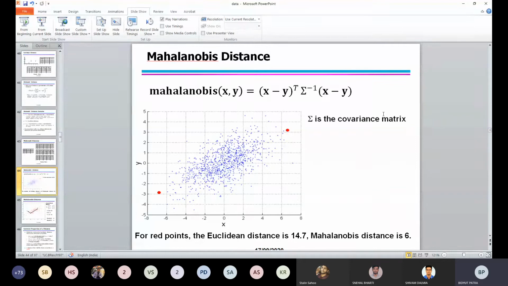Therefore the size of the covariance matrix will be 2 cross 2. If you have 10 features, then the size of the covariance matrix will be 10 by 10. In this 2 cross 2 covariance matrix, the principal diagonal will be the variance between